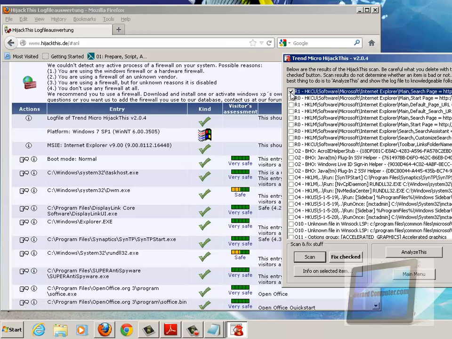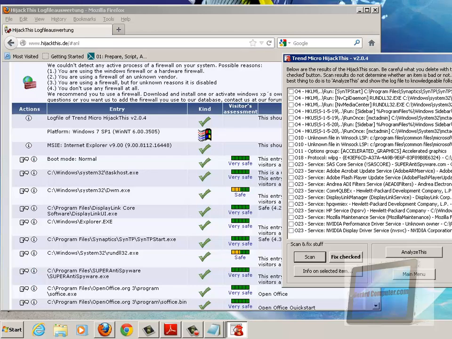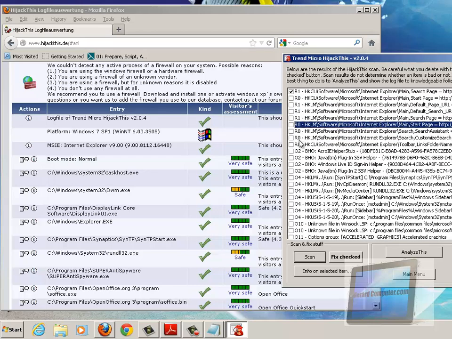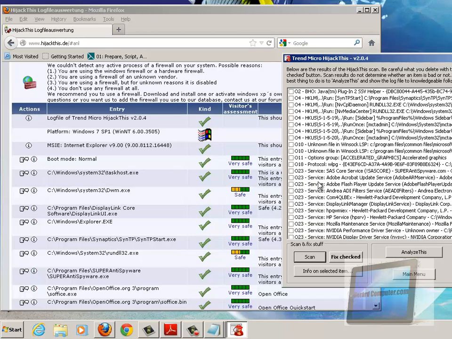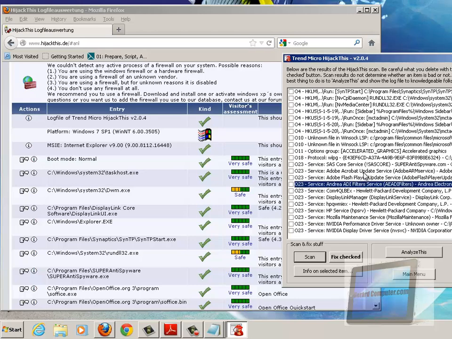We would put a check mark in this box here and go through whatever things you want to get rid of here. You just put a check mark on that box and then click Fix Checked. And so here's the reason I said it was dangerous is, if you get rid of things here that are critical to the computer, it may cause some major issues. So it's trying to get rid of stuff connected to the browser and different things like that. But if it's something you're sure is bad, and it gives you somewhat of an explanation in this here,